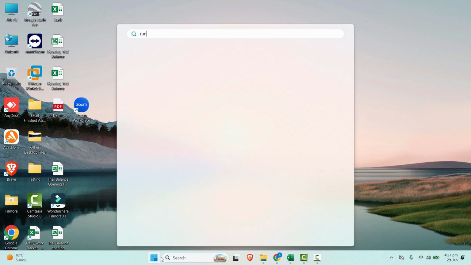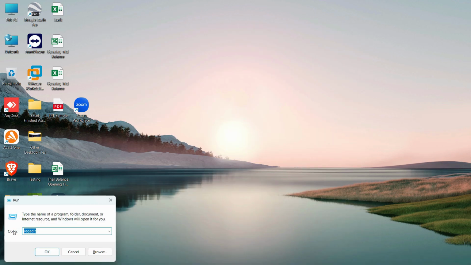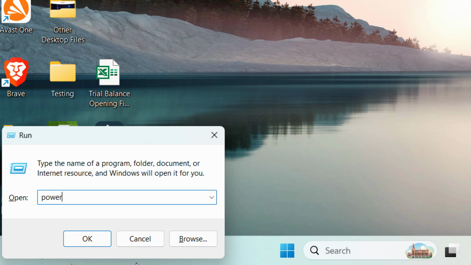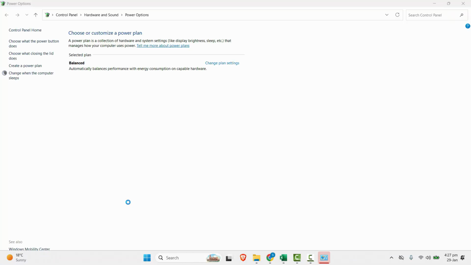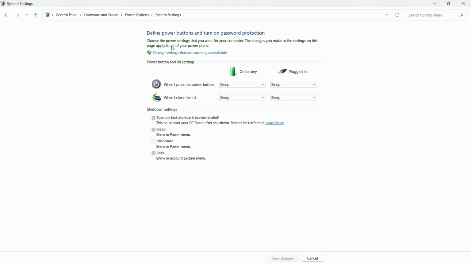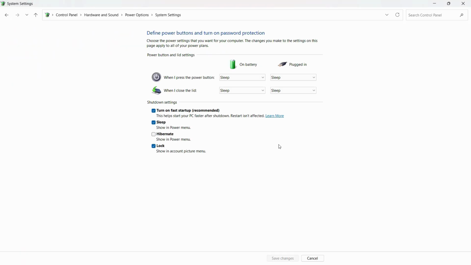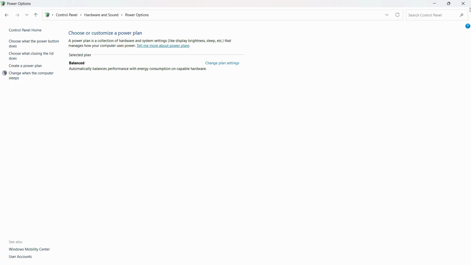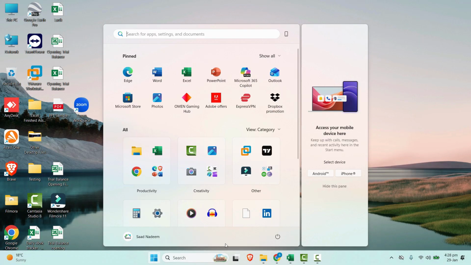First of all, just go to start menu, right here, run. And right here, let me just zoom it, powercfg.cpl. Hit OK. And you click on choose what the power button does. Then click on change settings that are currently unavailable. And just make sure to uncheck this option, that is turn on fast startup. Just uncheck this and click on save changes. And that's it. After that, you can try restarting or clicking on the shutdown on your Windows and it should